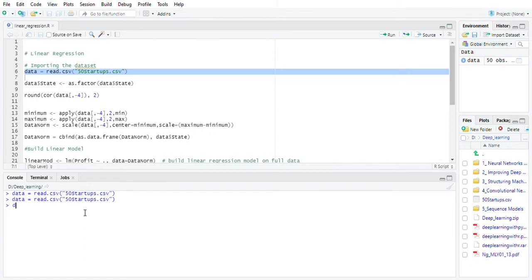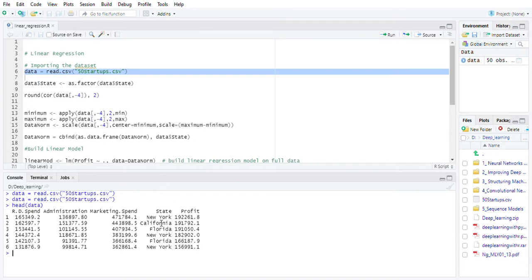Let's have a look at our data. Head data. It takes time. I'm sorry, yeah. So as you can see here, this is the data set of